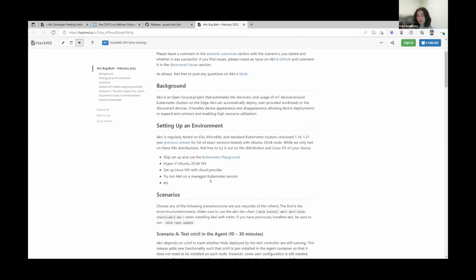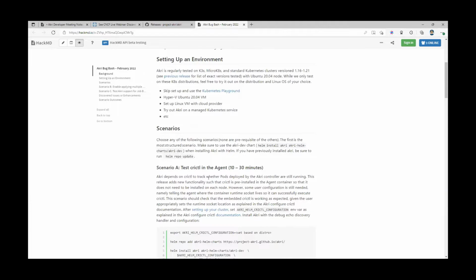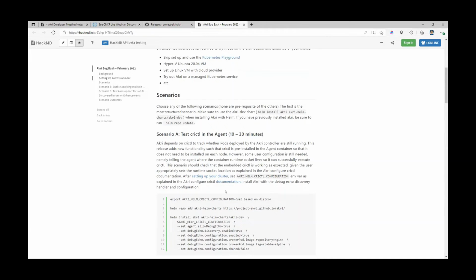I'm curious if anyone has any feedback on a bug bash or has seen other communities do this. We thought it'd be cool, but I don't know if it's maybe a little far reaching. Yeah, this is great. I've seen other communities do that, and in most cases it ends up spanning multiple days. So I thought the scenarios picked here were really concise and easy to walk through, and I think that was a great start. Cool. Well, let's try and do this for future releases. In the worst case, it's documenting more use cases for Akri and more test cases.